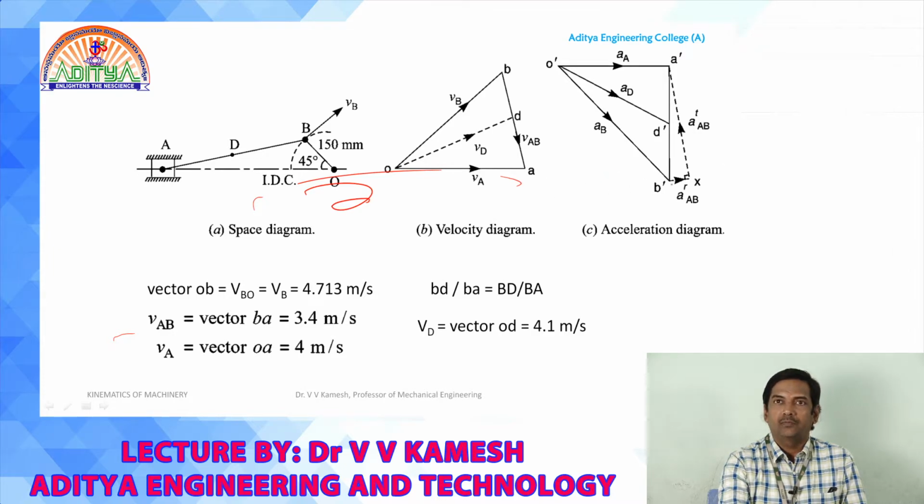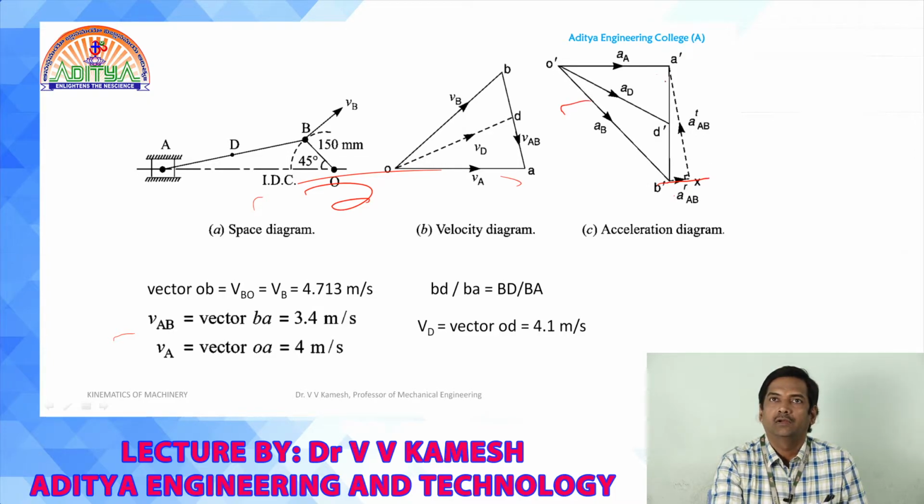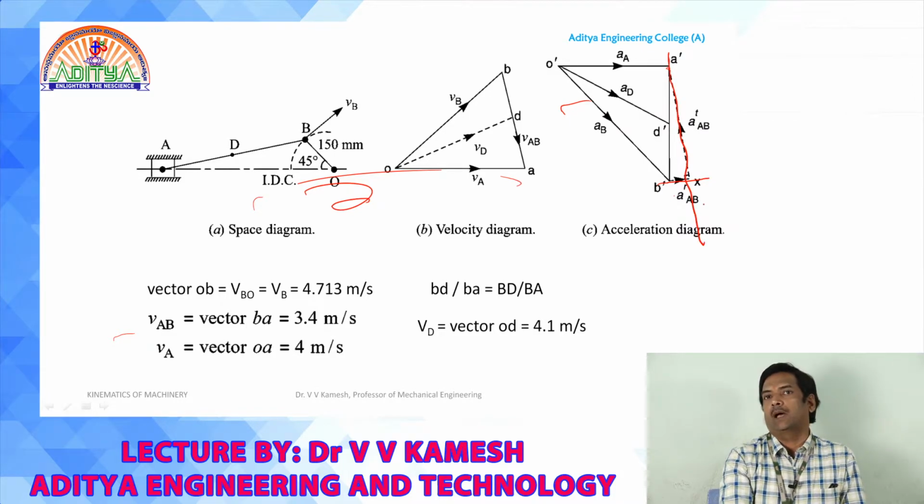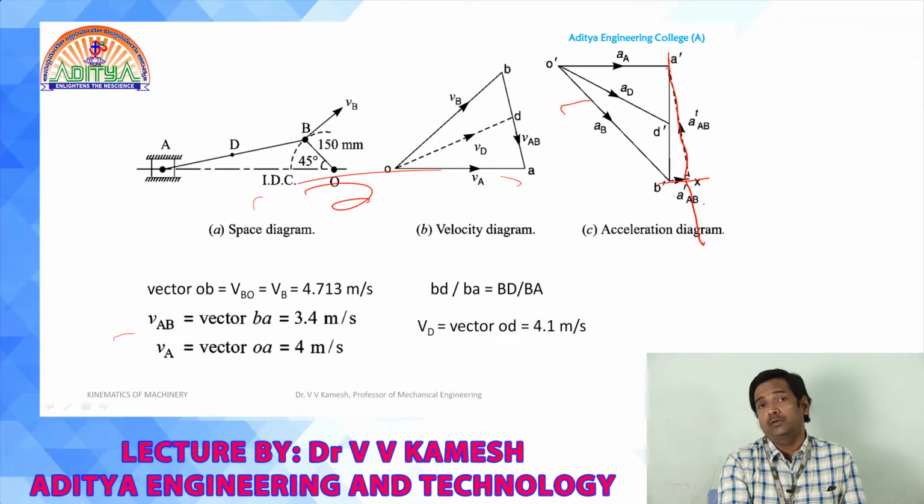Now, from B dash x, we need to draw a perpendicular line, and this line is extended. So, this is drawn. We are extending to the top, upper side and bottom side, because we do not know where is A dash, right. So, still we are having uncertainty about the point A dash.